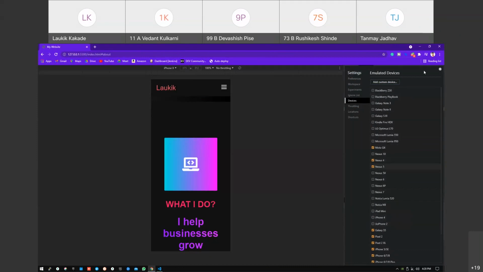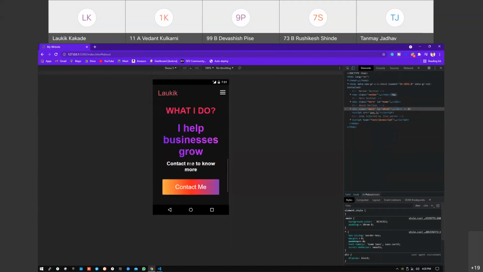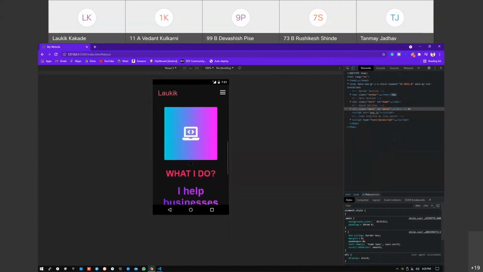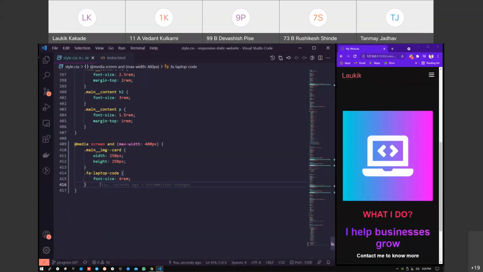Yeah, let's see how it looks in the phone. Quite okay, not bad, fine. Anyway, so that's that. And okay, so if a laptop code like that, that thing we just reduce the size. And the next thing is the